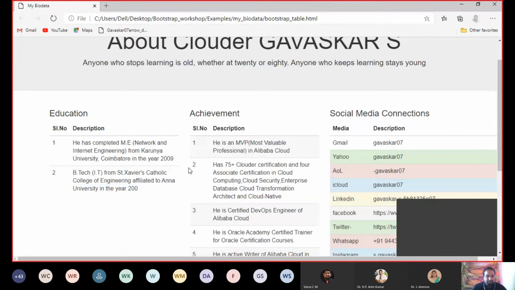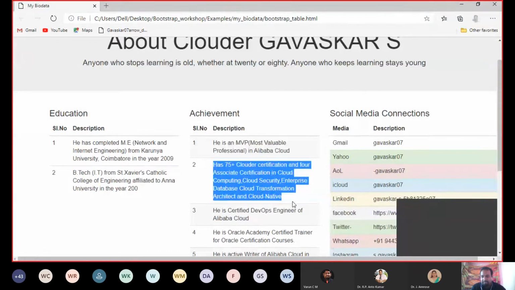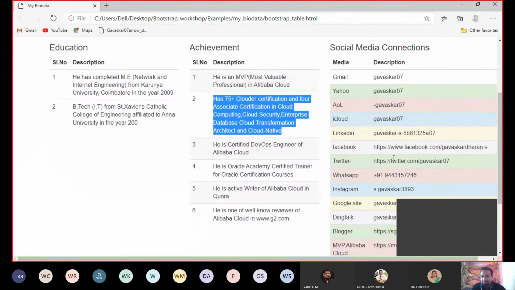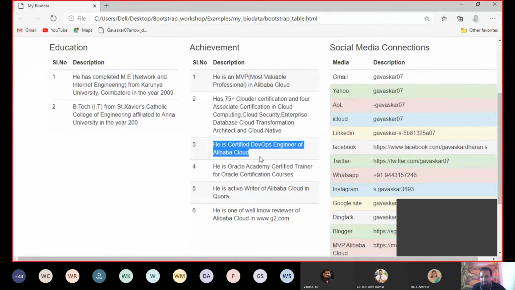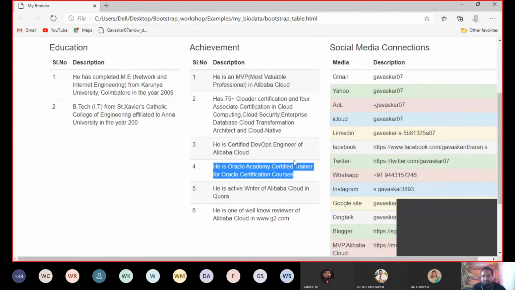Now hover, you have to know what is hover. We see here, it's not hover. I think it is striped. You see, this will be in a different color, and this will be in a different color. This is striped. This is an ordinary table, and border I didn't demonstrate. Border is not here, but if you give border, the table will be displayed with a border. You see this color is different. This is striped. This color is different, and this is different. This tells us striped. Now this is another way of representing. This is hover.